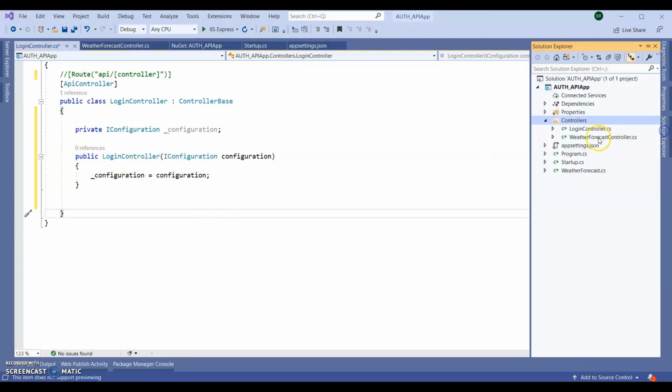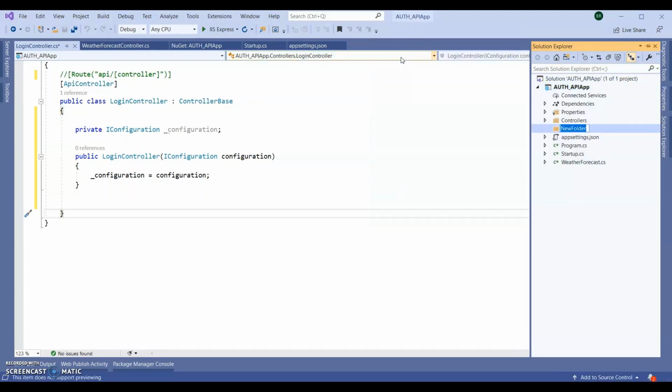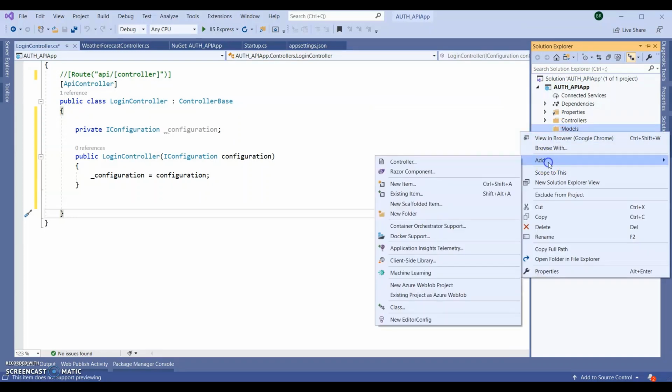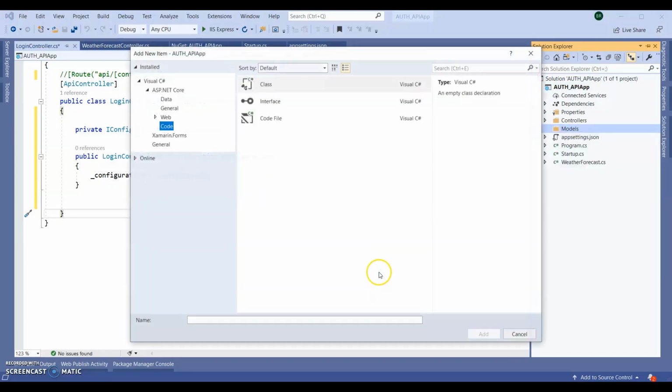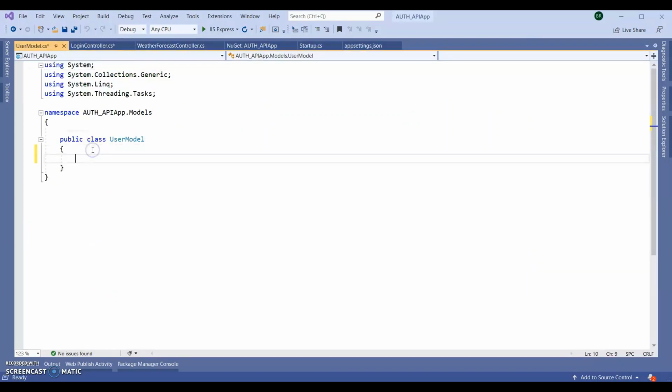For this, let's create one model here. So let's create one folder, Models. Here, let's add one class, UserModel. Inside the user model, I'm going to give LoginName, Password and Token.